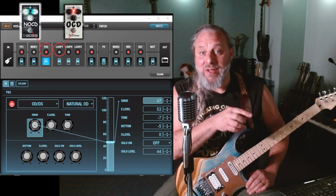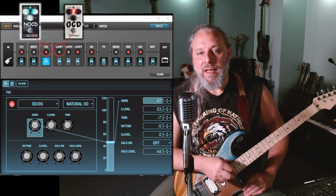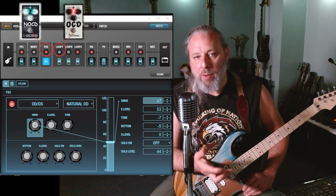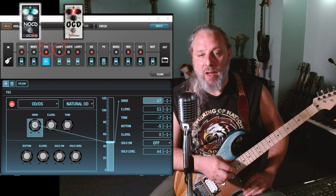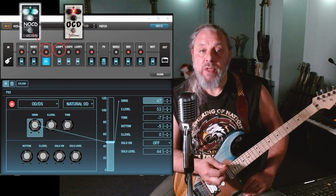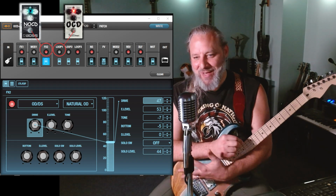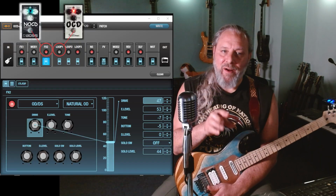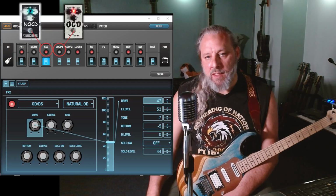So I would actually use this to replace the OCD if I didn't have it. And if I didn't feel like I would miss having the effects block option 1, which I use for other things like octave and whatnot, I would very convincingly use this. But I like to maximize my Boss MS-3 for effects because we do have these pedals. I just thought it was very worthy to share that that Natural Overdrive matches really well to this setting on